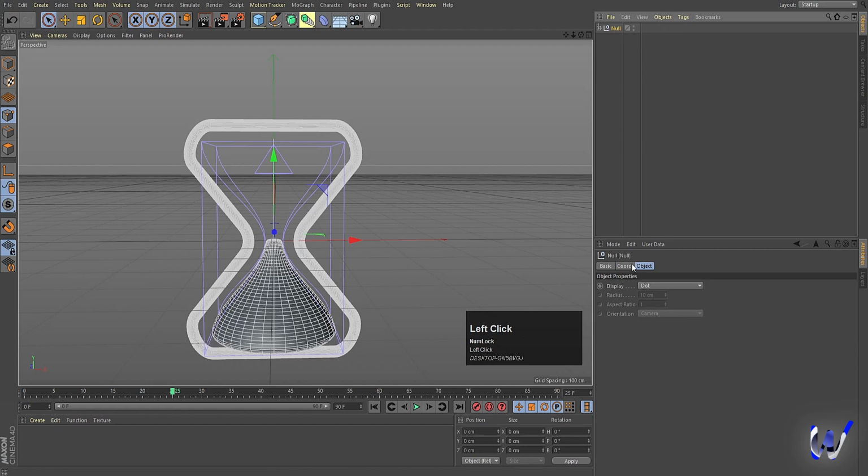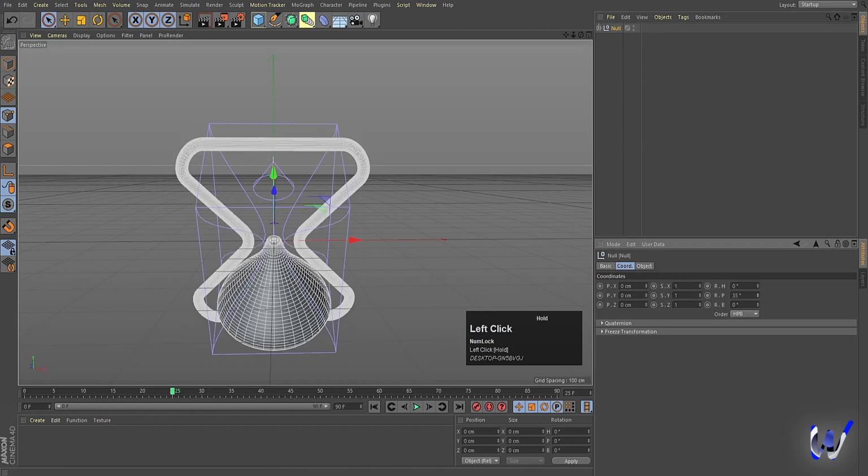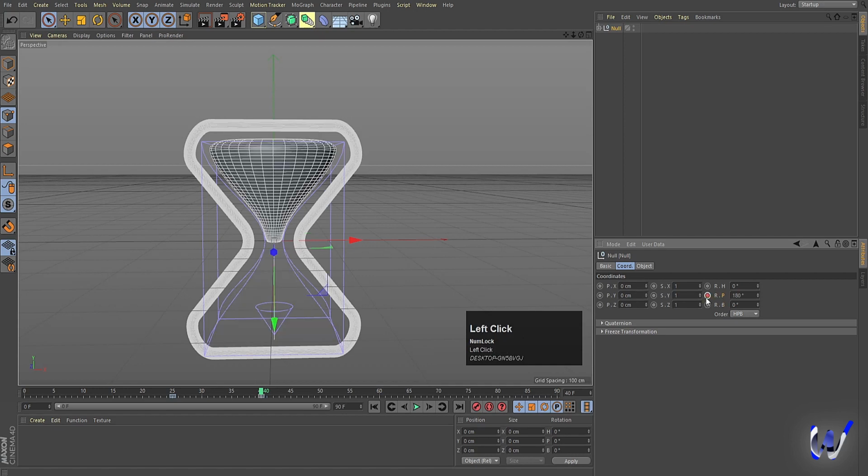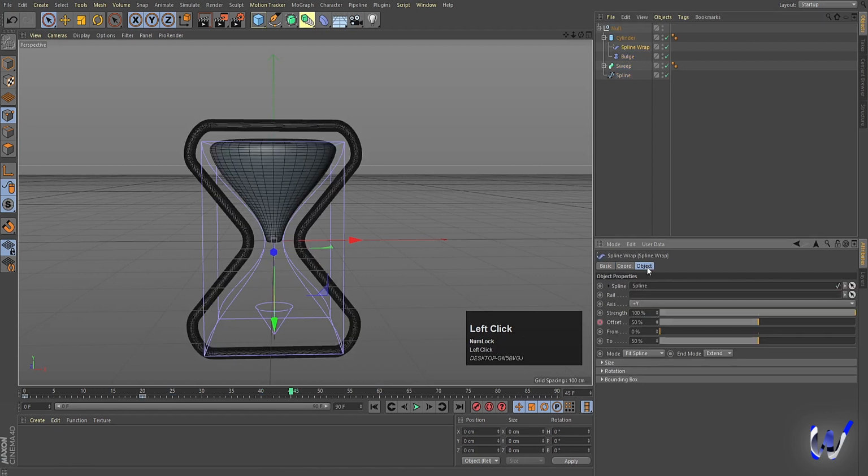Now select this null, go to the coordinates, we have to rotate it on the y-axis, so I'm gonna create one keyframe over here and go to 40 seconds, and let's make it 180 and create another keyframe. Now go to 45 frame, go to the spline wrap, go to the object, select this offset and create one keyframe at the 45 frame, go to 60